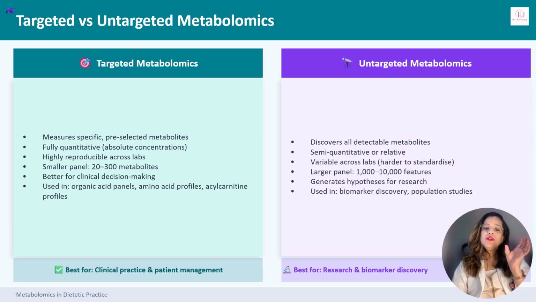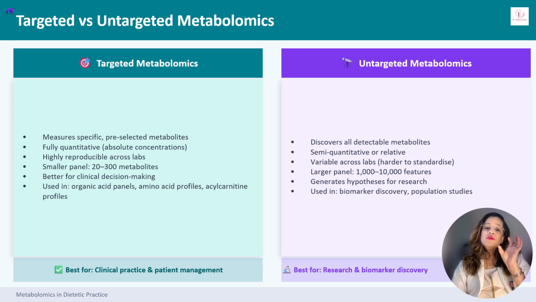For example, if you ask for the acylcarnitine profile, you will receive the concentration against certain reference ranges, which can be directly acted upon. When you talk about untargeted metabolomics, which is generally used in research,